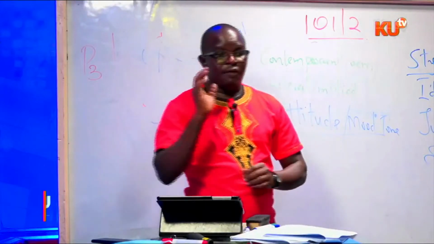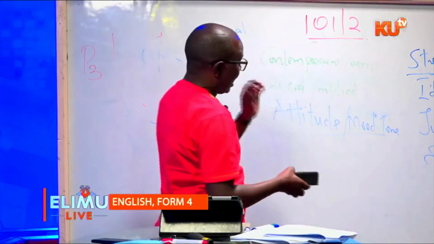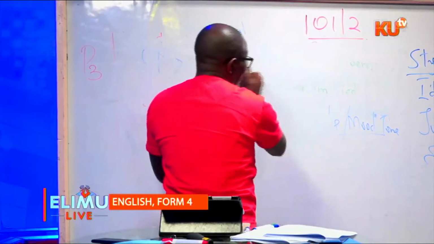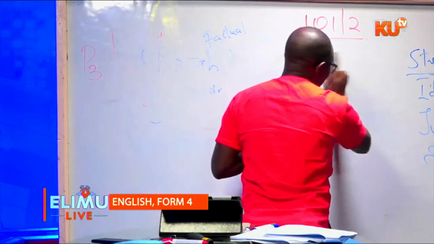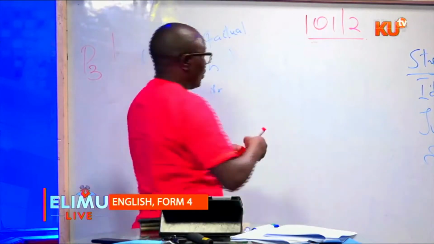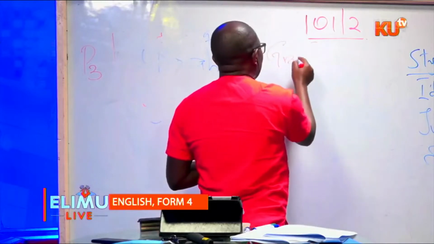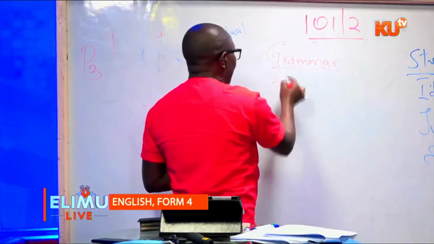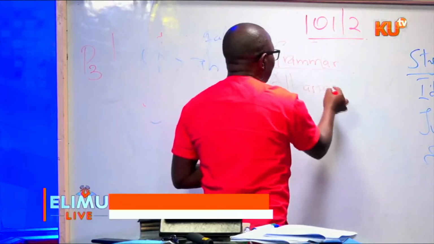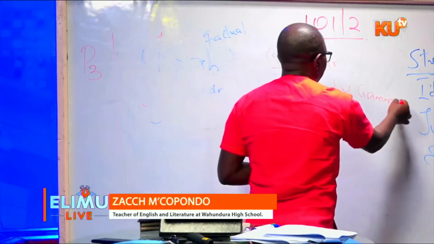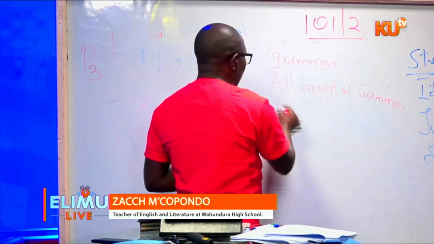So, the fourth part of this paper carries 15 marks and is very critical. This is where most students get almost nothing, not because it is technical, but simply because of carelessness. Grammar. Under grammar, remember we use all aspects of grammar. All rules